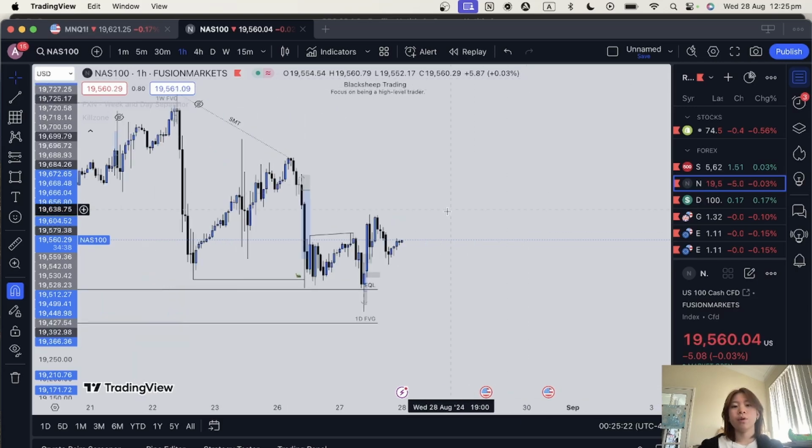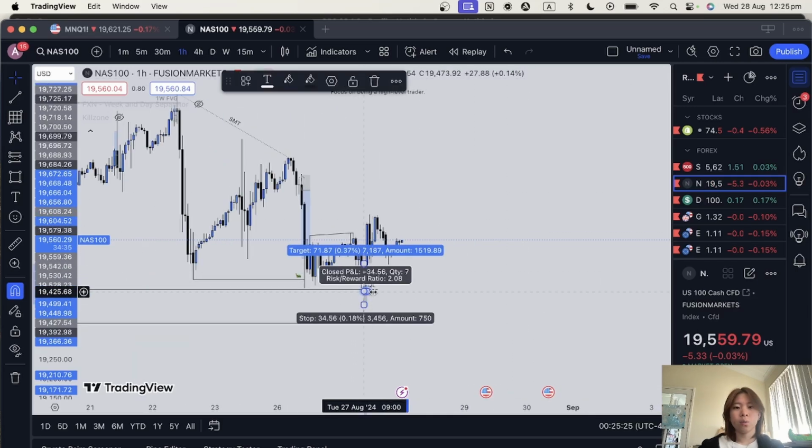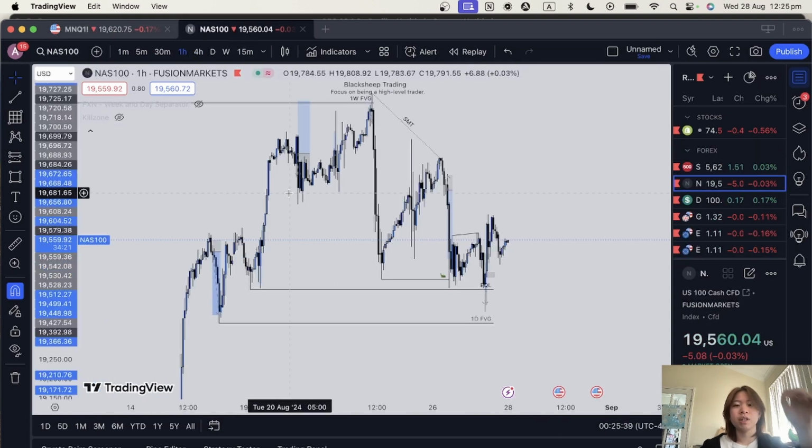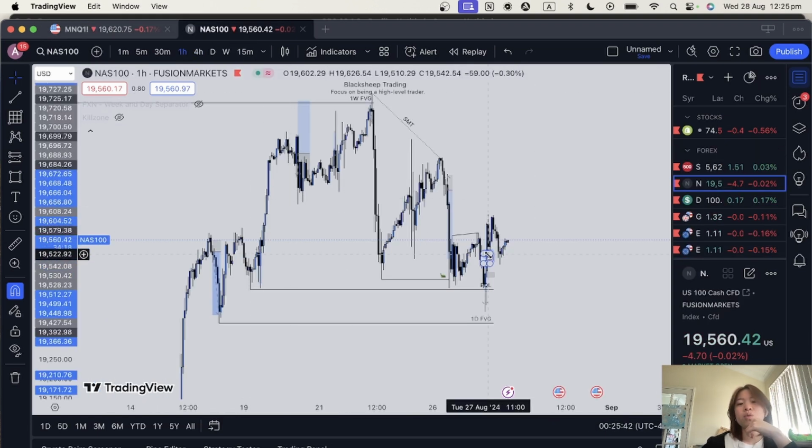Hi guys, so today we'll be going over yesterday's trade. It's just a quick 1 to 2 scalp. We'll actually use the MNQ chart today instead of the Nasdaq 100 because the reason why I use Nasdaq 100